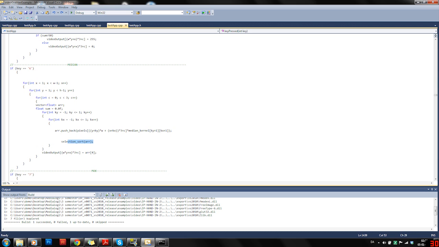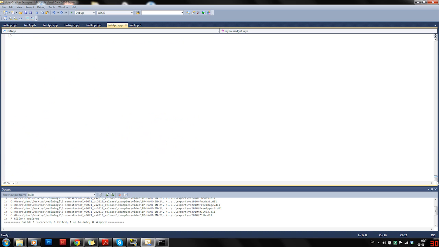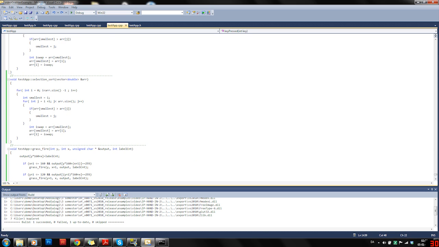Put it inside this selection sort function. Let me jump down to that. Here we are, which is simply doing the selection sort with this vector. First of all, setting the value of the smallest being i, which in this first case is 0. So 0 is the smallest one. Smallest value being 0. Now we put it inside a next for loop,